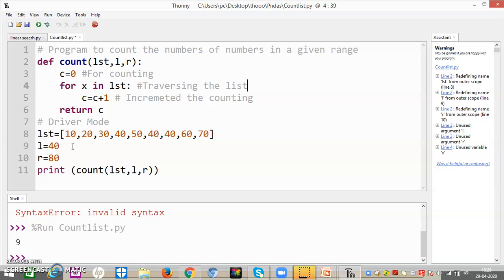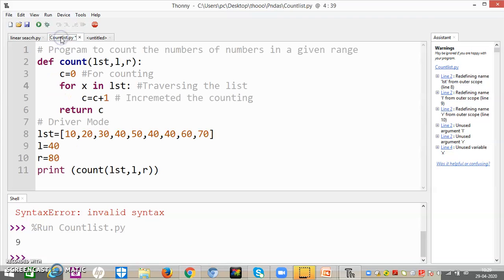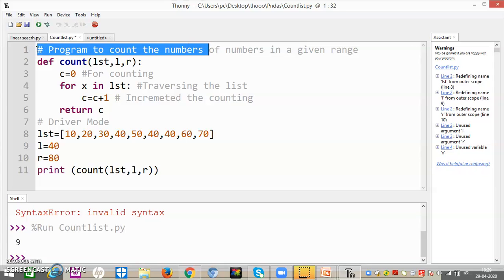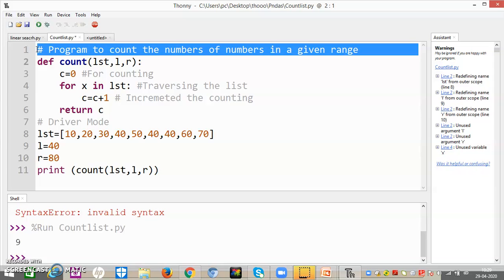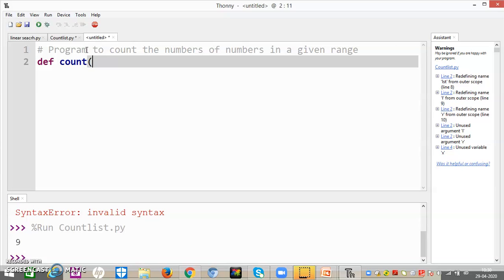Now friends, we can make it in a different way also. The same thing I will copy from the previous program. Right, now first what I will do, I will define the function def count lst, L, R. Now look at the minor differences we are going to make here.